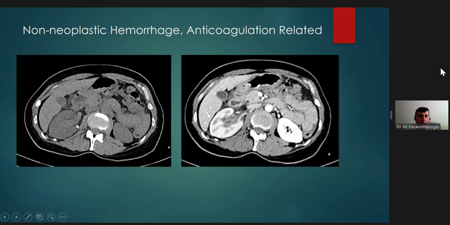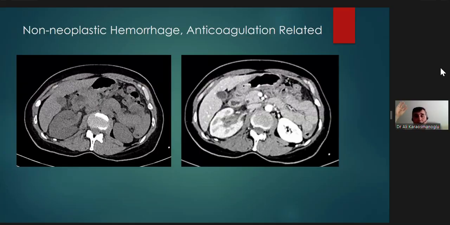The other kidney appears unremarkable. So we injected contrast. What you see is the renal pelvic wall is thickened with hypoattenuating and hyperenhancing areas. And this is the renal pelvis cavity. It's somewhat obliterated. So this is typical for renal pelvic wall hemorrhages, especially in a patient with a history of